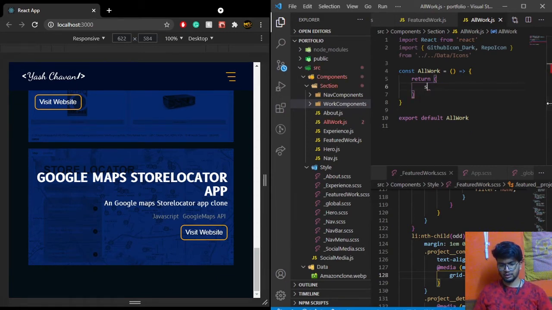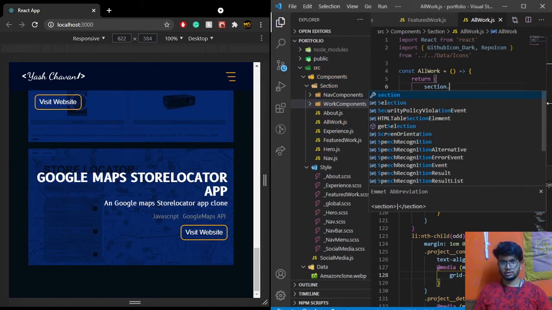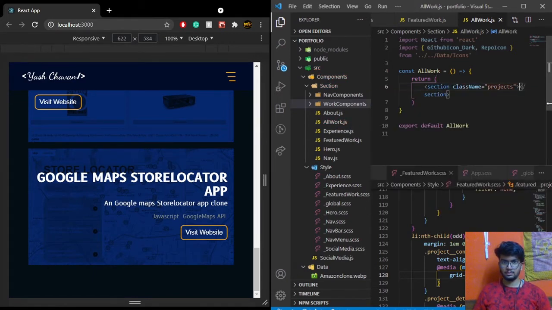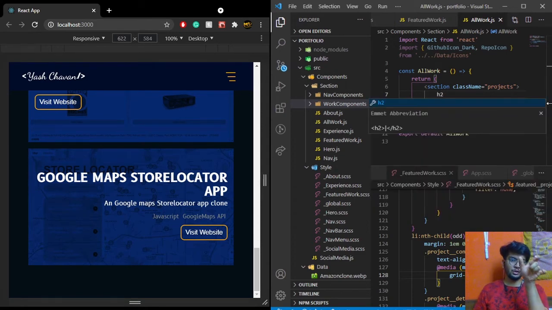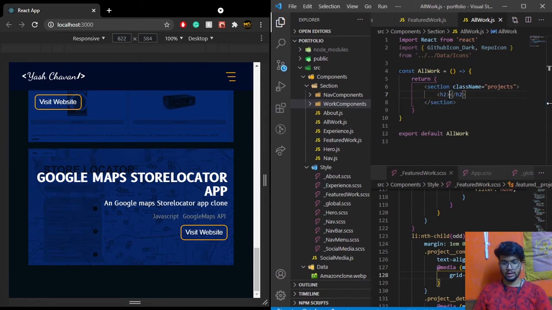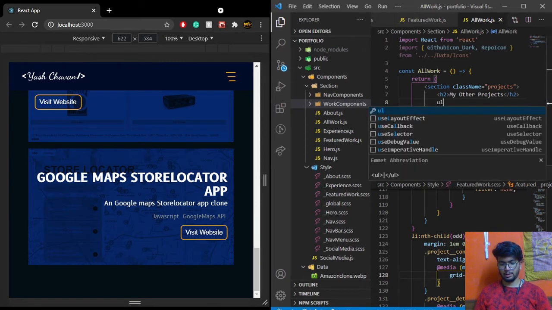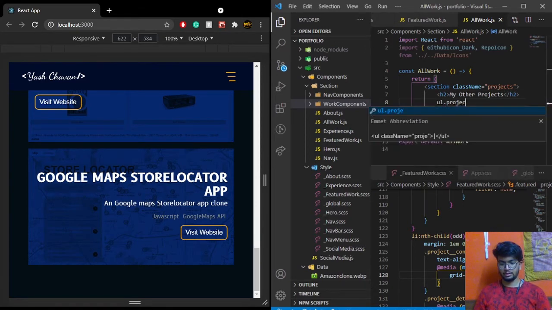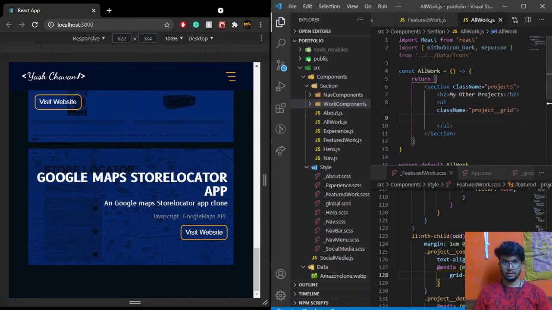Yeah, this is also going to be like a section, and it's going to be named projects. And I know it sounds a little awkward and weird to say it's like a project, and this is going to be an H2, but this is not going to be a title because I don't want it to be in the middle. I want it at the side. My other projects, and then we'll be having a UI which will be basically the project grid. So I'm literally going to name it the project grid, and inside of which